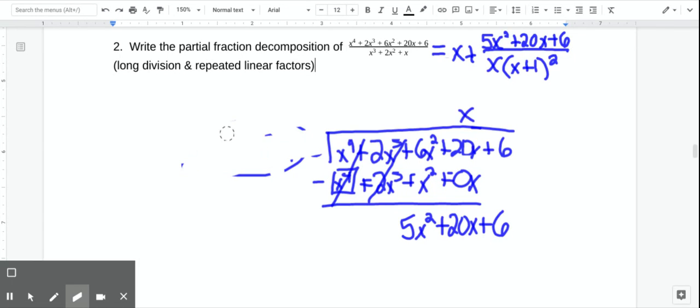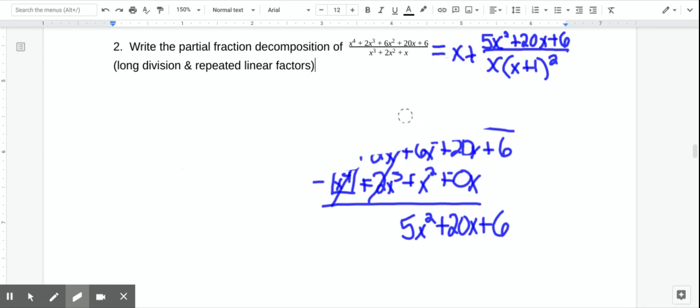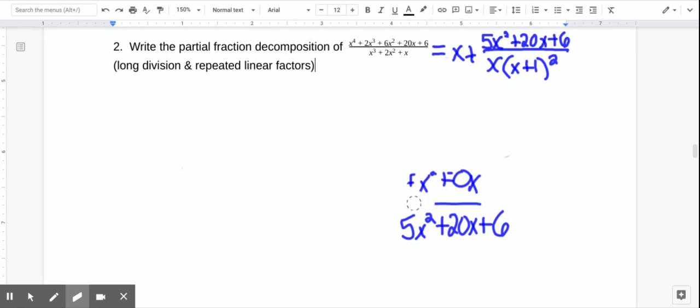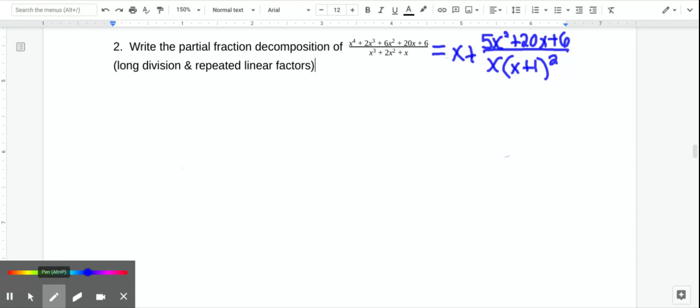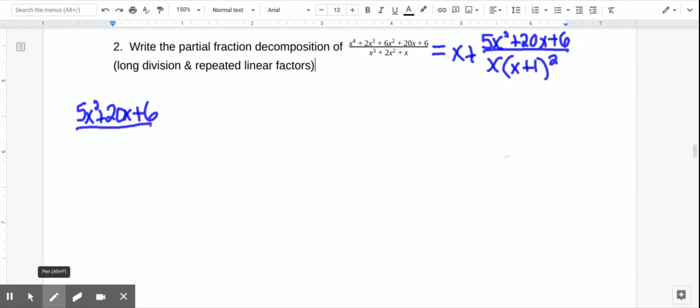I need to erase this because I'll never have room for the rest of this problem. So if you have an improper fraction, the degree on top is greater than the degree on bottom, you're going to start with long division here. All right, now we are ready to split this. Now, I'm just going to ignore that x for now because I know that it's there. I'm just going to worry about this part of it, this 5x squared plus 20x plus 6 over x